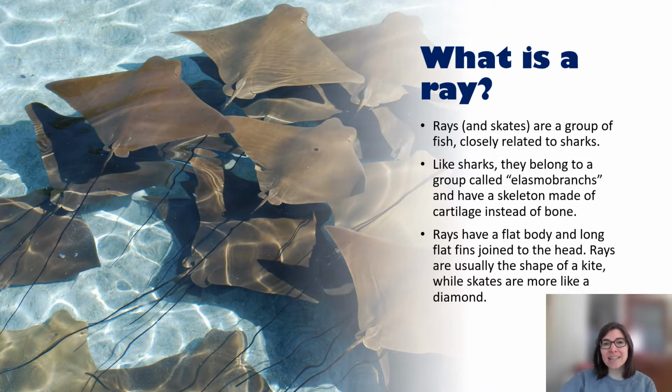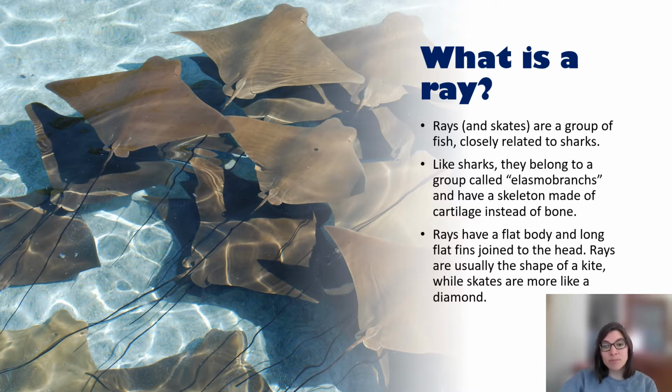So what exactly is a ray? Rays, also known as stingrays, are a group of fish that are closely related to sharks. They're called elasmobranchs, and these fish have skeletons that are made up of cartilage instead of bone. There's another group called skates, which are closely related to rays as well, and we'll be talking about